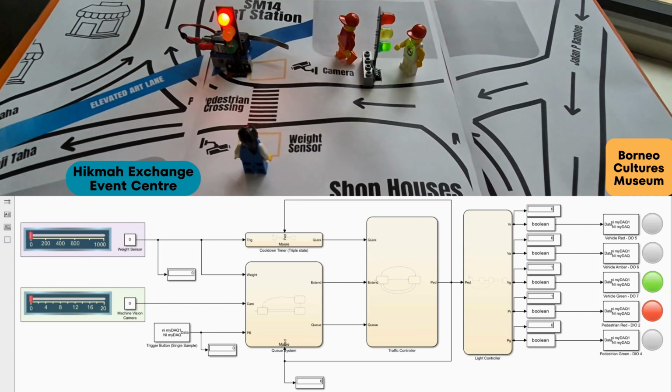So in this video, I'll be discussing our team's outcome 2, which is our SM14 ART station pedestrian crossing to EMA Exchange Event Center. So if I run the program,